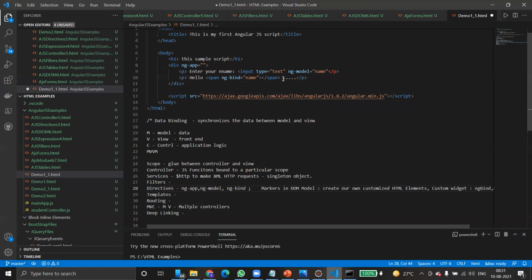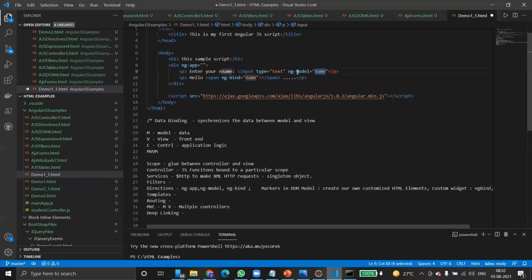Coming to ng-model, what is this ng-model? Try to understand: ng-app basically links AngularJS applications to the HTML. That is done. Now, what is the use of ng-model? ng-model binds the value of AngularJS application data to HTML. What we have actually is data called name, and it is binding towards the object called spanner. ng-model is a directive.